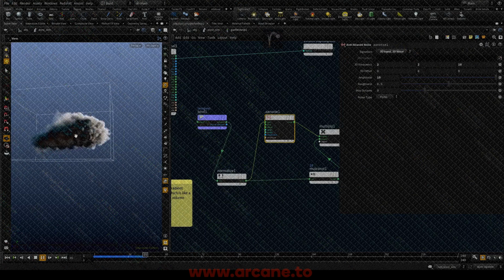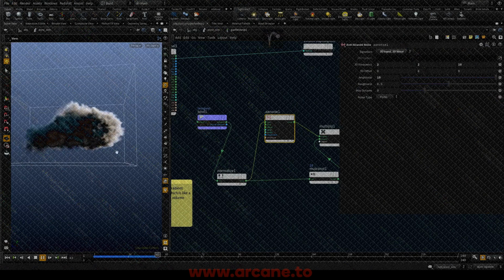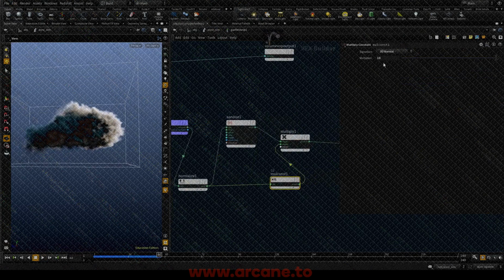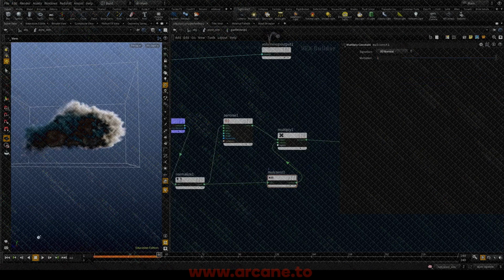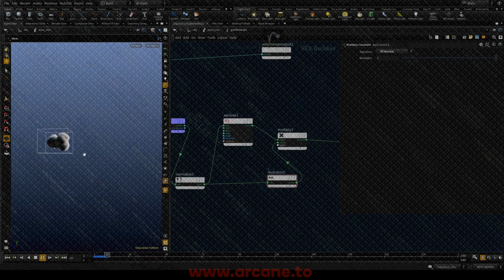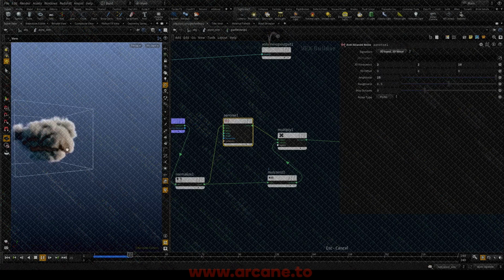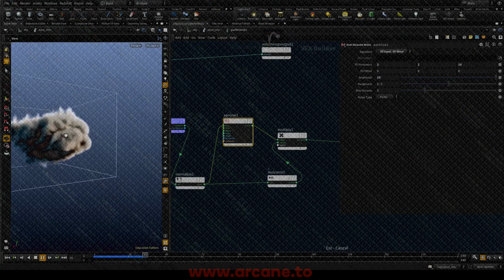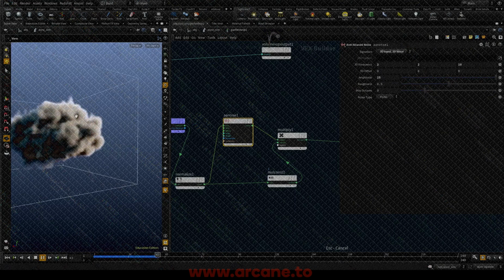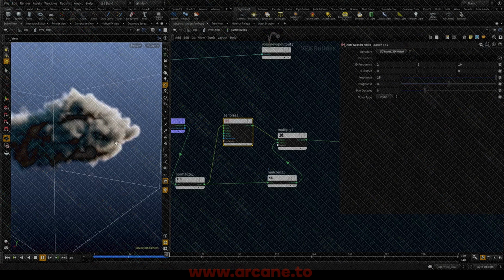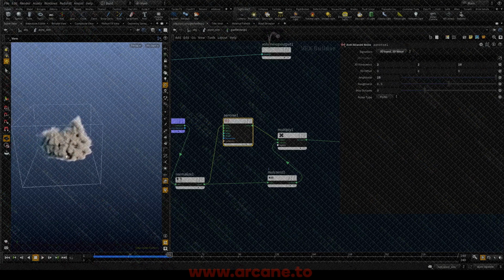Okay, so right now we're keeping the original behavior of the sim, but I think we're destroying it too much. So let's reduce the normal force, which is this. Okay, and let's start introducing back more noise and see what we get. Cool. So you can see the pattern, you can see the noise itself and the size and everything. And remember, this noise generates between -1 and 1. It's not just positive values,